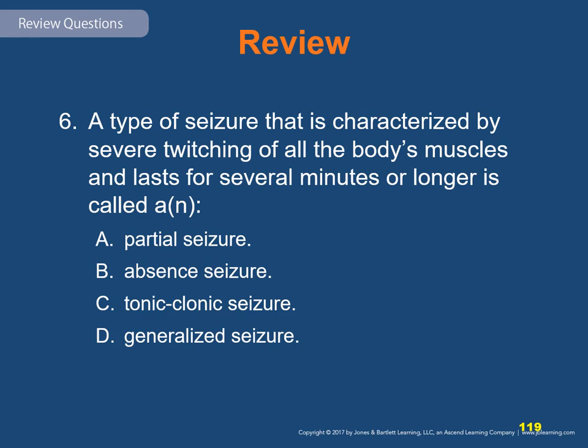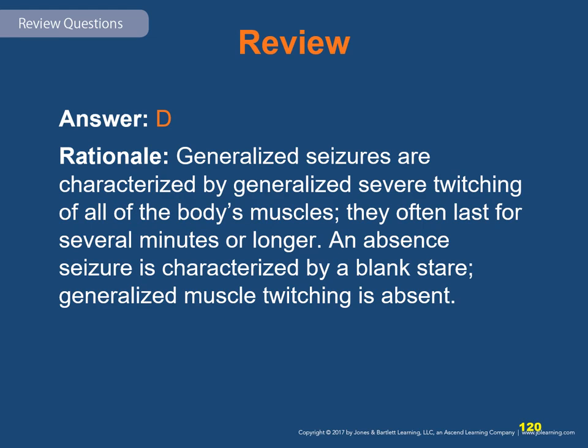Let's see if you can guess the right answer, and let's review it now. It is D, a generalized seizure. Generalized seizures are characterized by generalized severe twitching of all of the body's muscles, and they often last for several minutes or longer. An absence seizure is characterized by a blank stare, and the generalized muscle twitching all over the